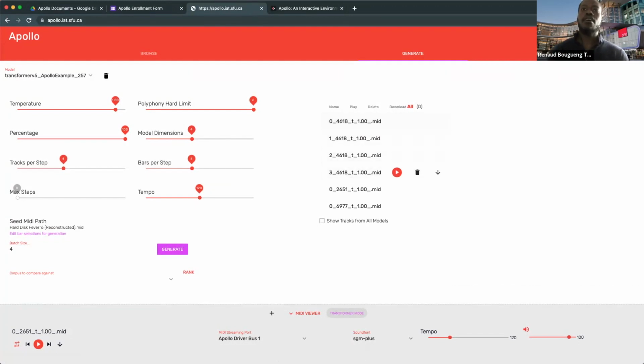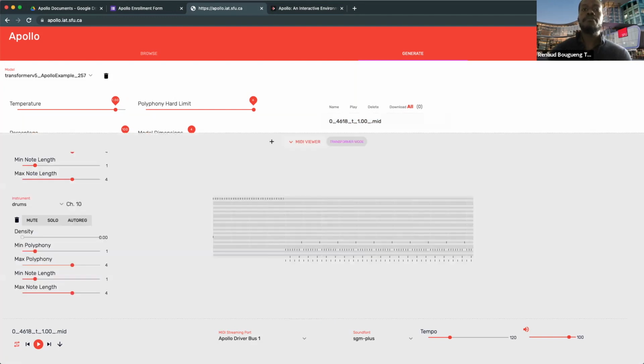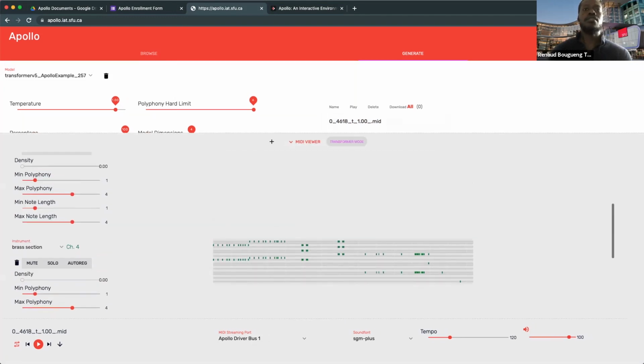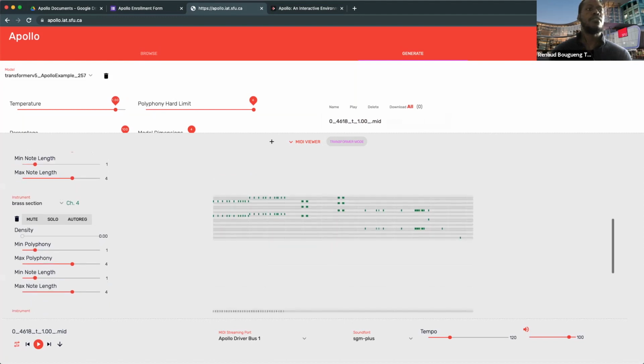So now I should have these numbered: 0, 1, 2, 3. Every time you click generate, you have a new number here, a kind of random number, which allows you to differentiate. So I know that these sections are all together, and I have these 4 parts. If I click on those, I should see the new brass section, which is here. So if I play that,